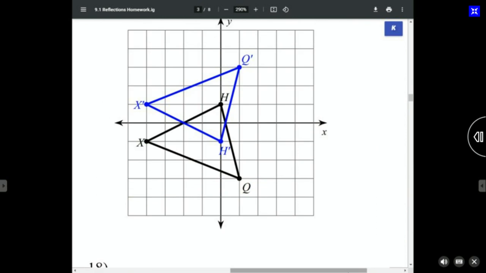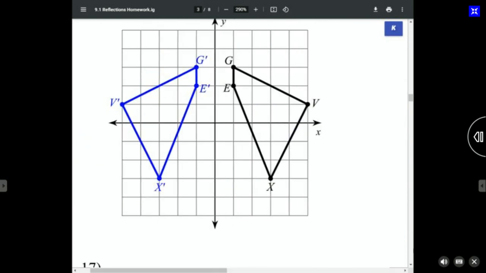Did that go across the x-axis or did that go across the y-axis? Did I miss anybody else? Everybody else have to? Okay, I'm sorry. I'm going from G to G prime. So what axis did I flip over? And when you flip over the y-axis,